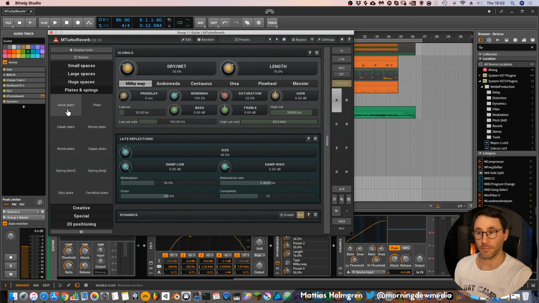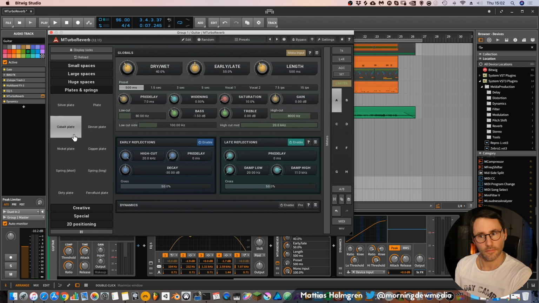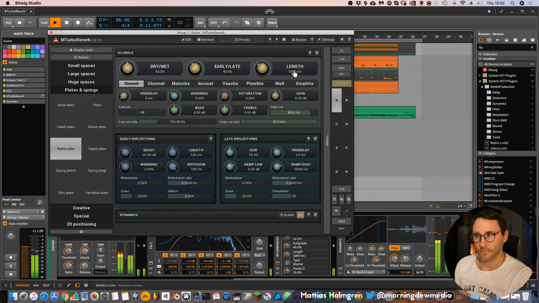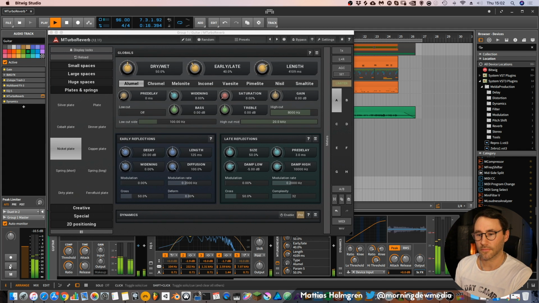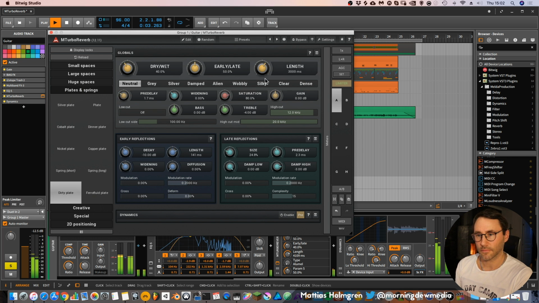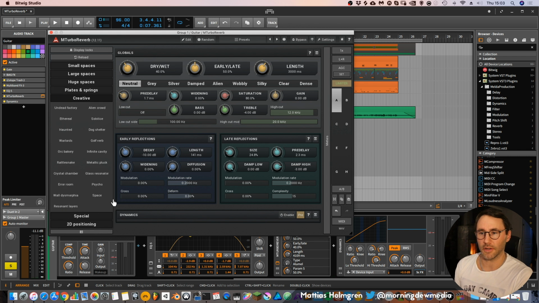Let's listen to some plate reverb, since this is a guitar. There's really some nice sounds in here already in the presets.